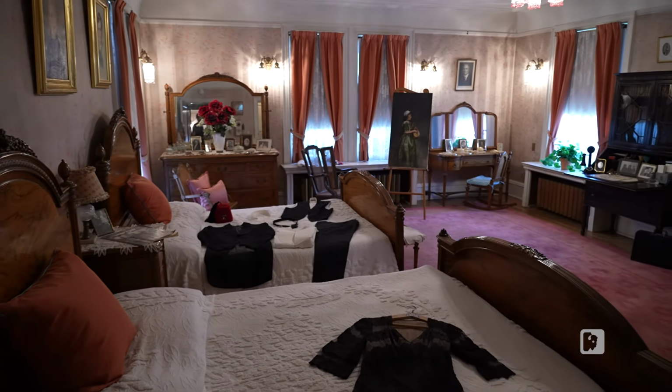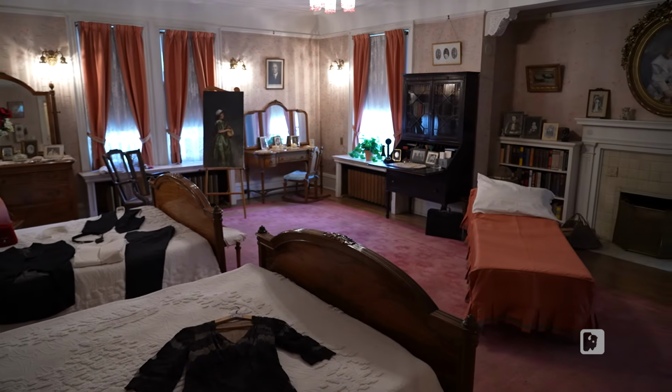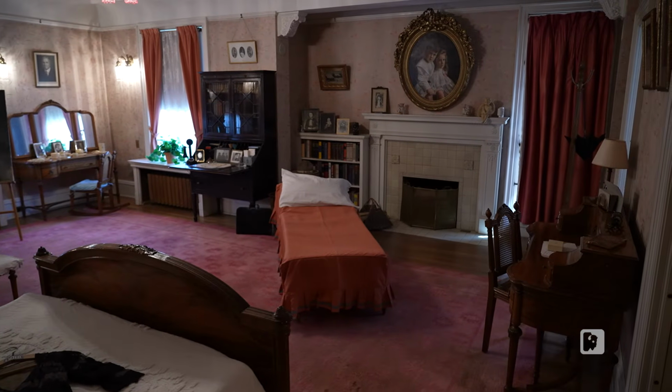Having one bed for every single person in your home was a sign of wealth. There's also a day bed in here. People wonder about that. That would be for napping on, because you're not going to nap in your formal living room, or in your clean nighttime sheets with your dirty daytime clothes. Two radiators as well. You want to make sure that it stayed warm in here, even if it was a problem elsewhere. But signs of comfort,